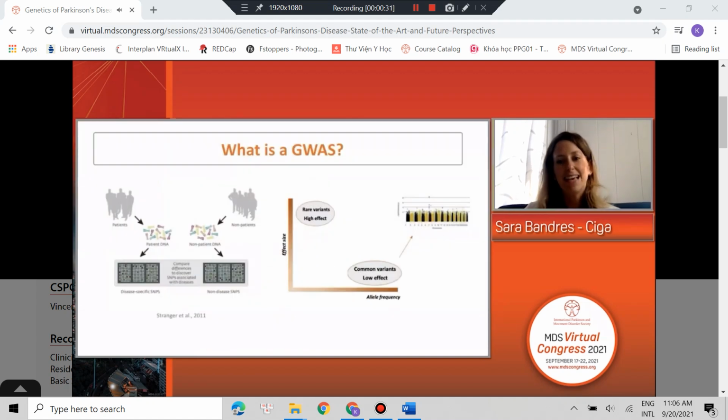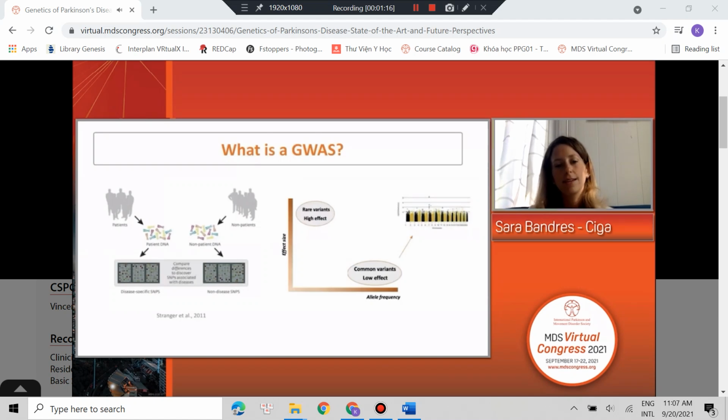So let's get started. I thought that the best way to start this talk was briefly refreshing the concept of GWAS. GWAS stands for Genome-Wide Association Studies, and this is a really popular method that is used to test common genetic variants across any platform, usually genotyping or imputed data. A GWAS aims to identify possible association between genotype and phenotype, which in this case is Parkinson's disease. We say that if a certain genetic variant is found in cases significantly more often than in controls, then it's associated with the disease.